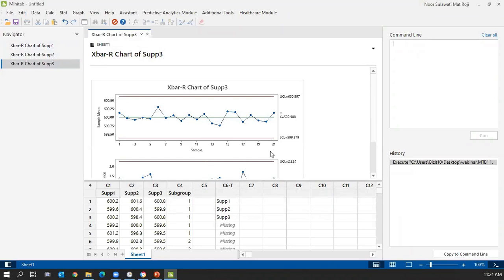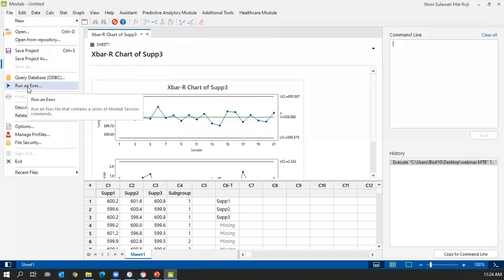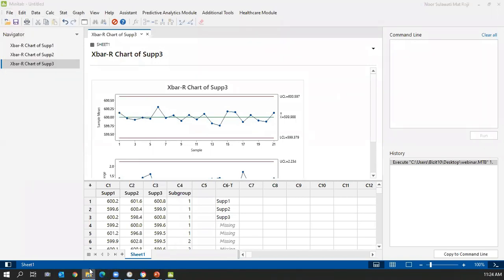Okay, so let's say you already have a set of tools, you already did your data set for the reporting, you will have some script. So you can run and execute the file. Okay, so you can edit the file itself. For example, here, okay, I go back to the,